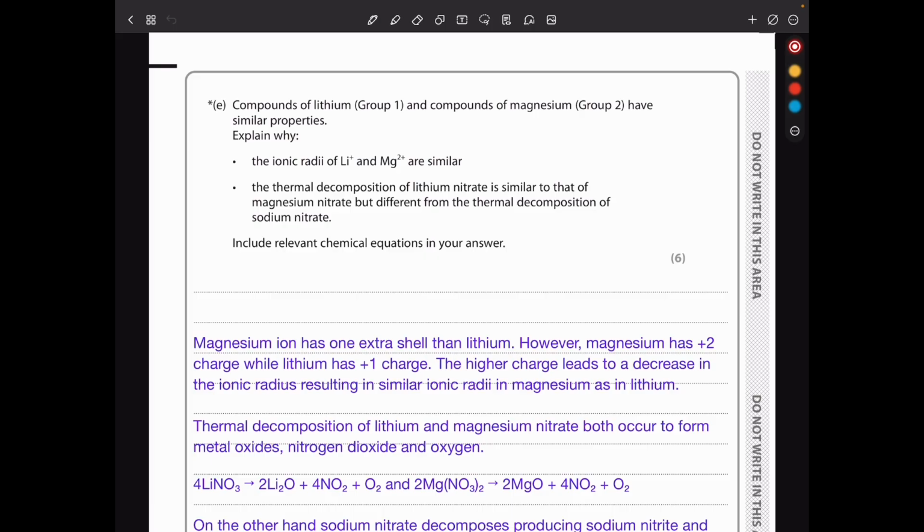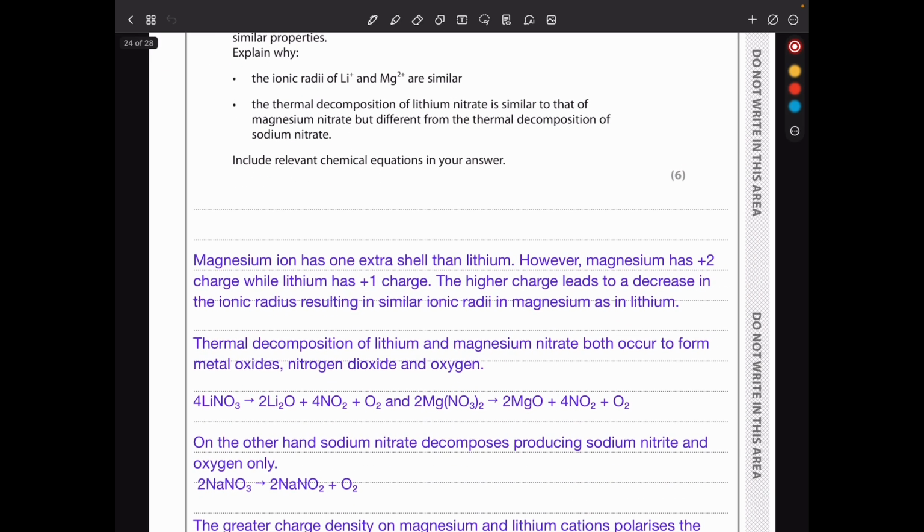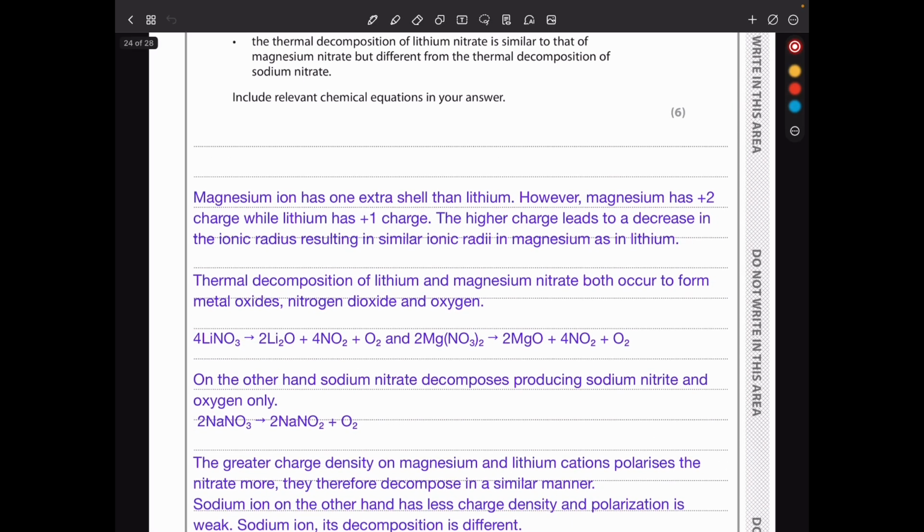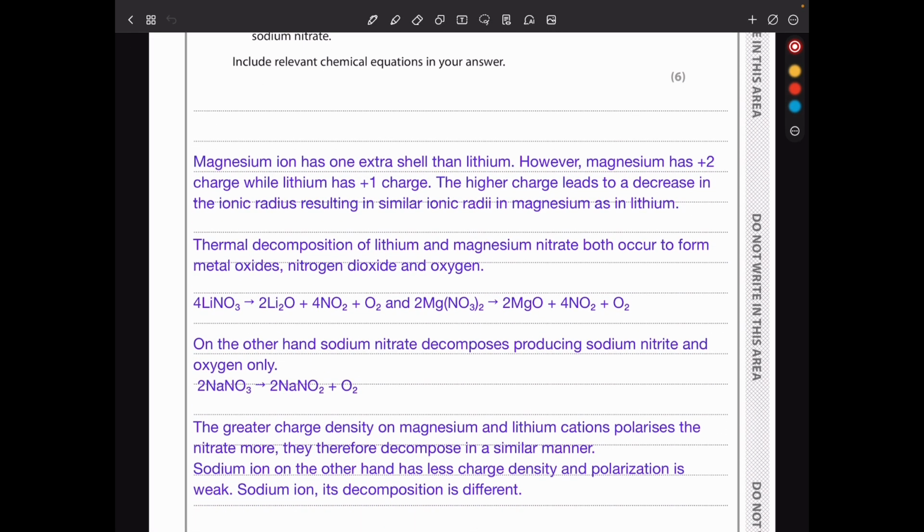On the other hand, they say it's different from the thermal decomposition of sodium nitrate. Sodium has a +1 charge. Its ionic radius is not going to be that small, and so the polarization is going to be weaker, so the decomposition is going to occur differently. So I said the magnesium ion has an extra shell compared to lithium. However, the magnesium ion has a +2 charge while lithium has a +1 charge. The higher charge leads to a decrease in the ionic radius,